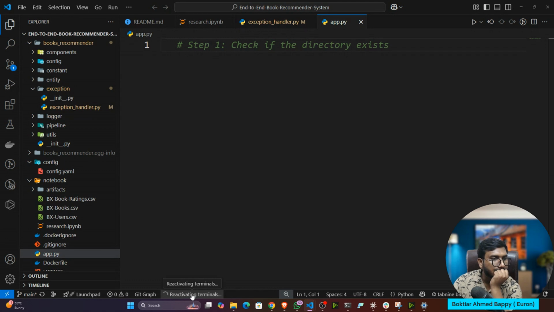Reactivating the terminal. Okay, not an issue. I can write it.